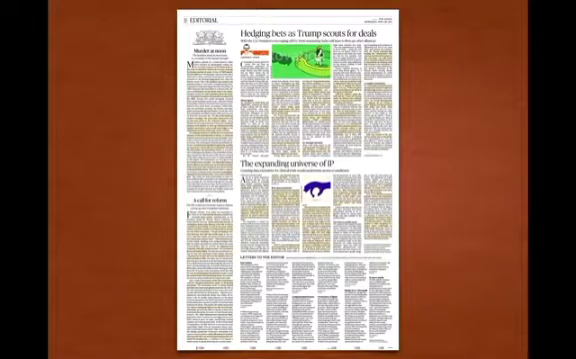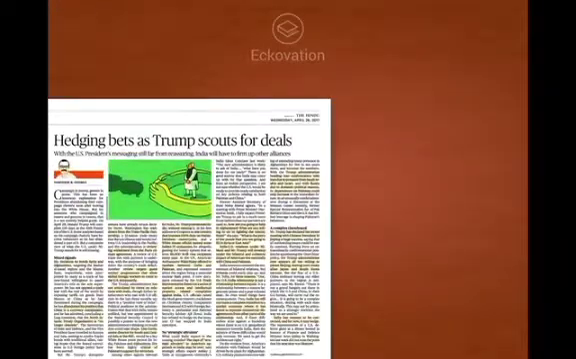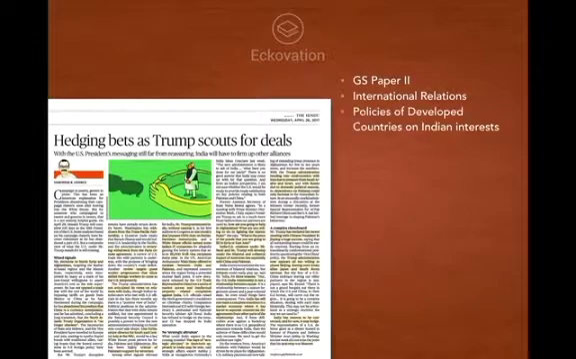Now, the first article in The Hindu editorial is important with respect to GS paper 2. It is on international relations, and the specific point of your syllabus is policies of developed countries on Indian interests. This article is about the USA and the recent policies of the USA after Donald Trump became the president. 100 days have been completed, and the specific policies which could impact Indian interests in these 100 days have been